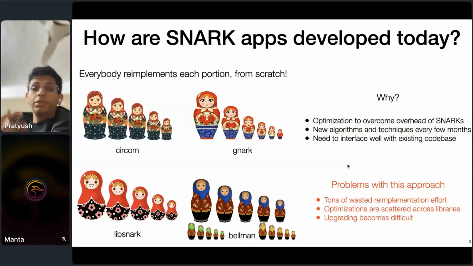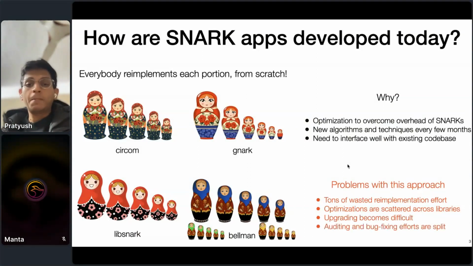Okay, so furthermore, upgrading becomes difficult, right? Maybe zircon doesn't interface well, for example, with Halo 2, right? So how do you upgrade from Groth16, which is what zircon initially uses, to Halo 2 if you want a transparent setup, right? And finally, going back to the point of wasted implementation effort,